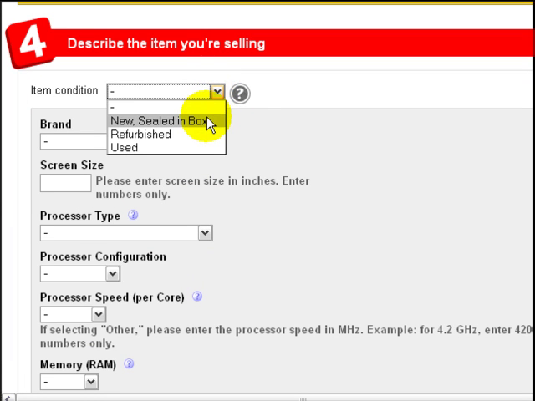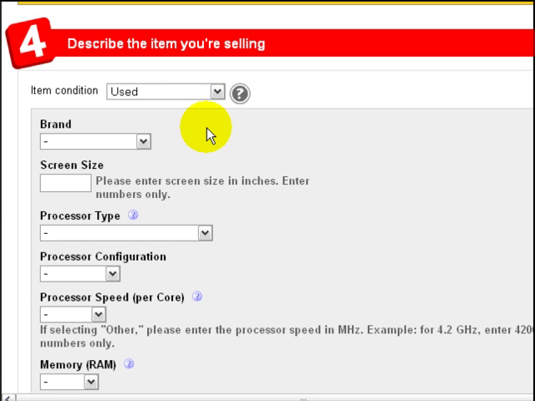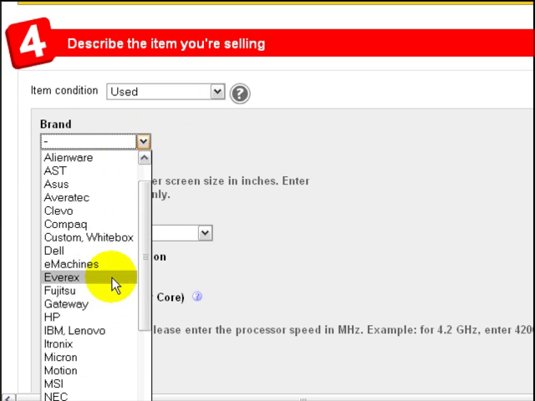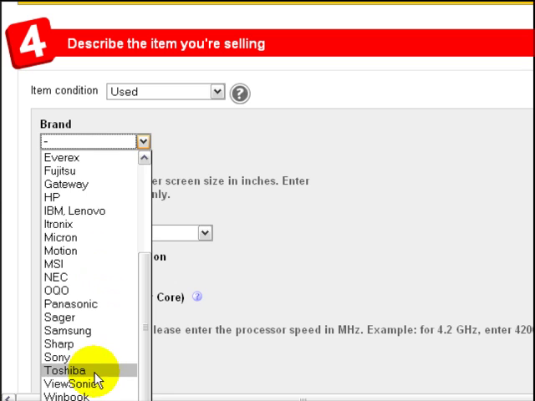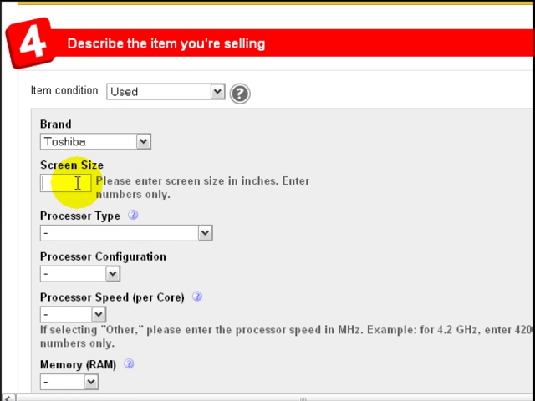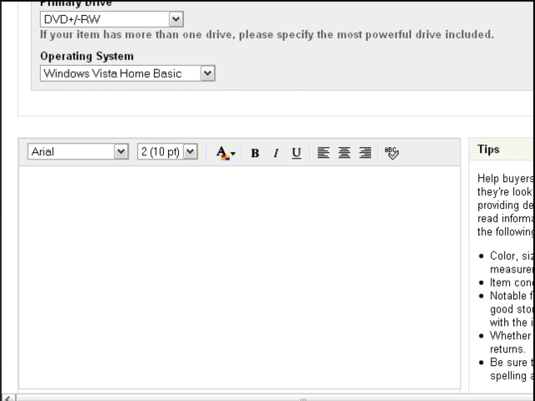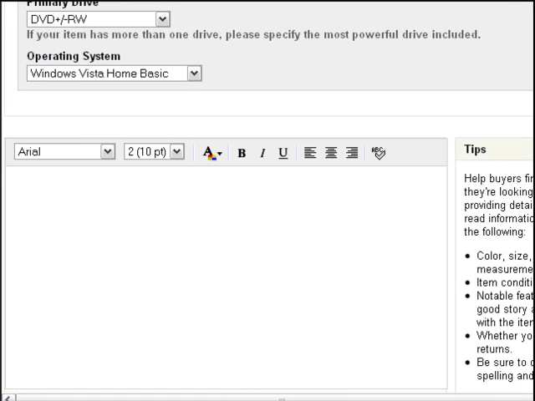If you've never used this product ever before, then it's new and sealed in the box. If you used it for a week, then it's going to be used, and you can say that. You can tell people, I used this for a week, and then I bought another one, or I got a present. So basically tell what it is and why you're selling it. In this case, I'm doing a laptop, so I want to be sure that I choose everything like the brand name, the screen size. Of course, this section here is the part where you want to add about your product,